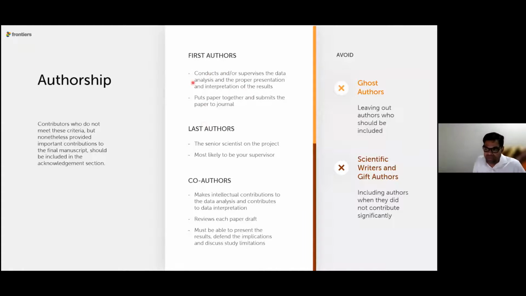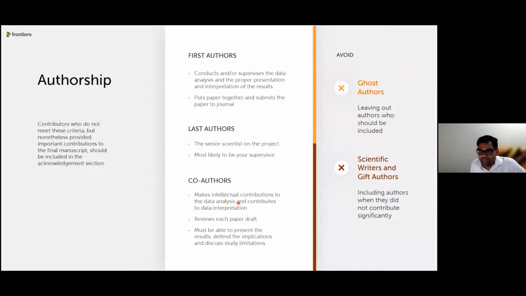So if we come back again, as first author, they actually conduct or supervise the data analysis and proper presentation, and put the paper together and then submit that paper to a journal, because it's not really that easy a 5-minute job, okay? Then the last author is usually your team leader or senior scientist on the project. And most of the time, if you are a student, it's your supervisor. And as I mentioned, what about the co-author? That's actually all